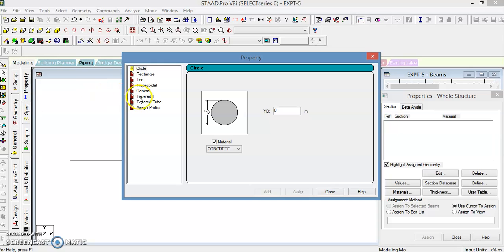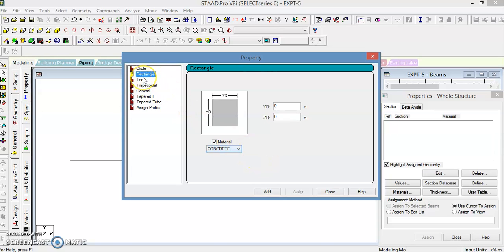Now we will click on Define. Once you click on Define, this window will open. There are various types of sections: circle, rectangle, and various other sizes available here. By default it will take a circle, but as you know the type of beam is rectangle, so we click on Rectangle.